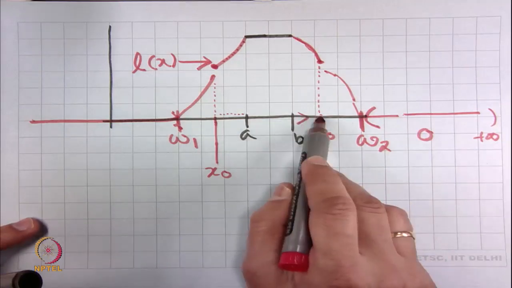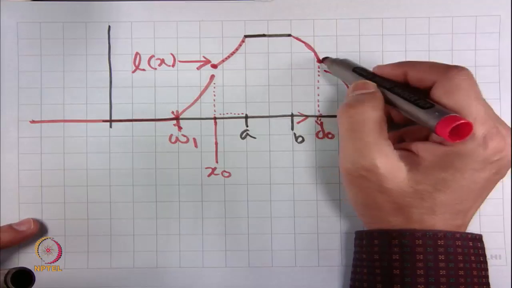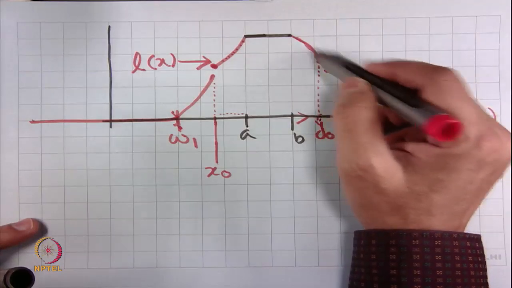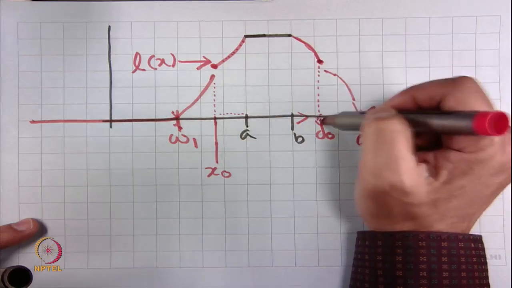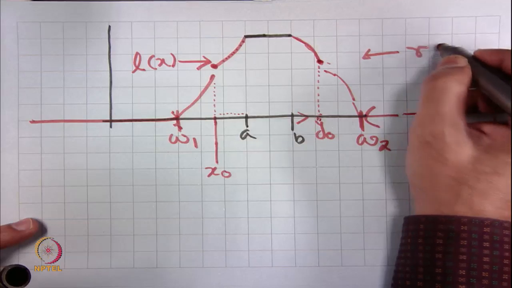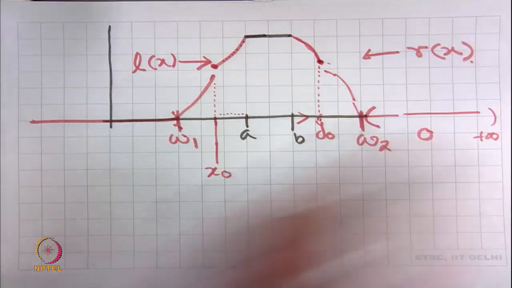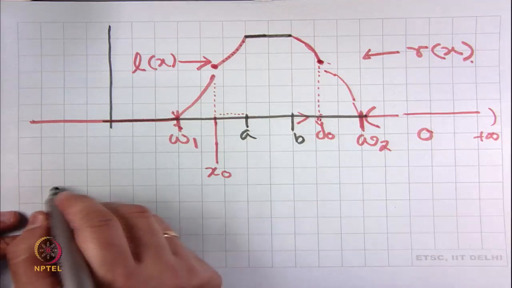That means, if you are approaching y naught from the left side, we will find that the limit of that sequence is same as the value at y naught. So, this side is called R x. So, characterization of R x is